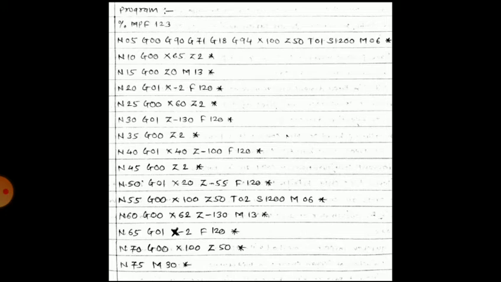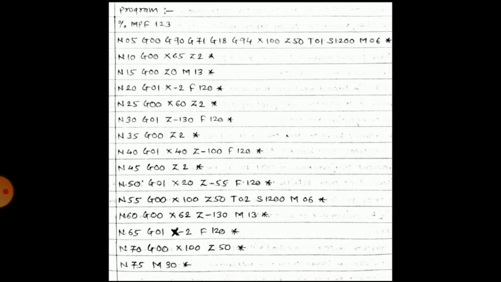And in this block, you have to mention the G90. G90 means, so it is G00. G00 means it is a rapid travel of the tool. Then G90 means it is absolute dimensions. So all the coordinates are with respect to origin. G71 means it is metric programming. All dimensions are in mm. G18, that is the XZ plane, is selected for machining operation. G94, it is a feed rate in mm per minute.